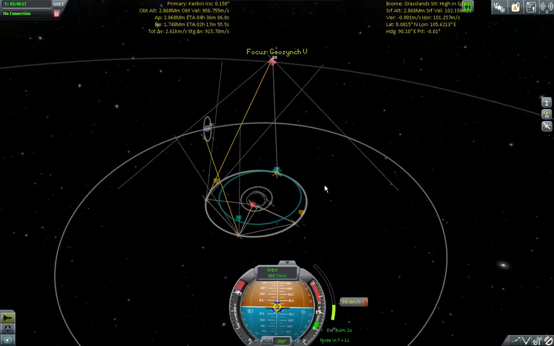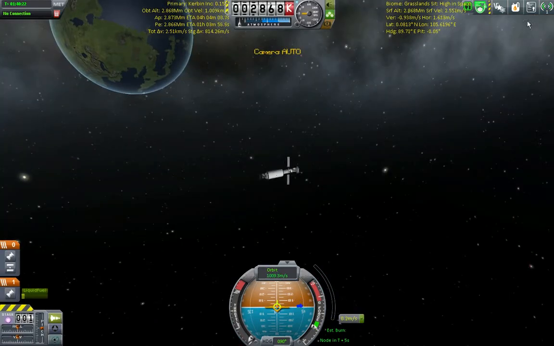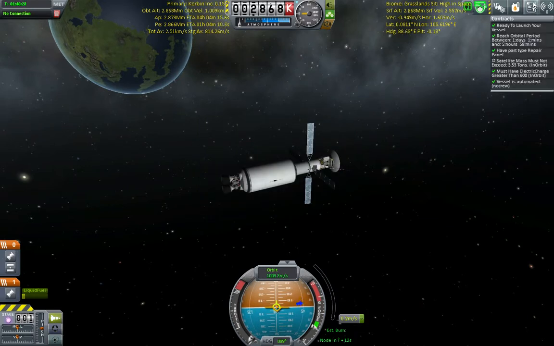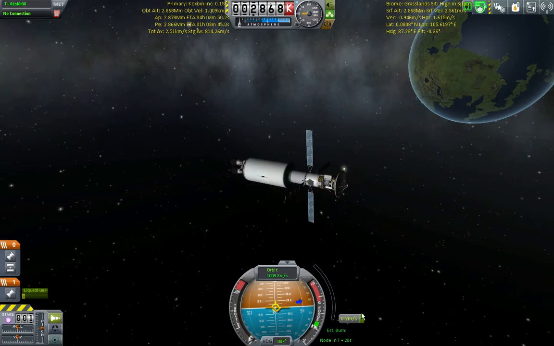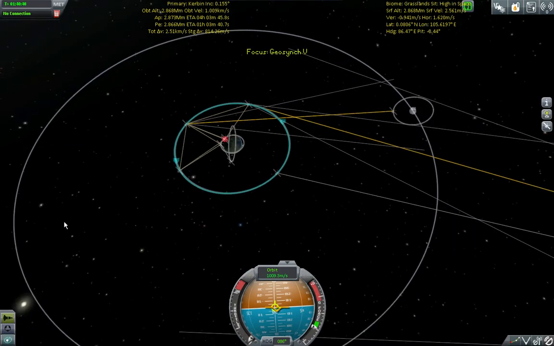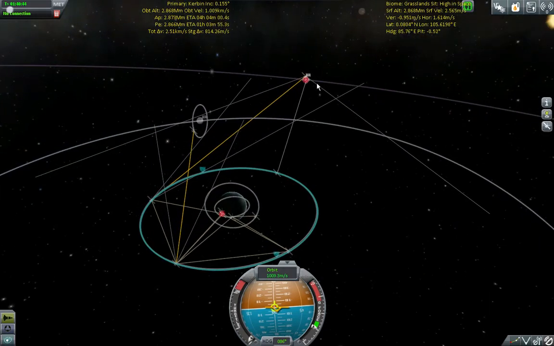Now why have I lost connectivity? Not sure. Hey, guess what? I got my 6 hours around Kerbin, but I'm greater than 3.53 tons, unfortunately, and I do not have comms with anything else. That's kind of an issue. So what I'm gonna have to do,